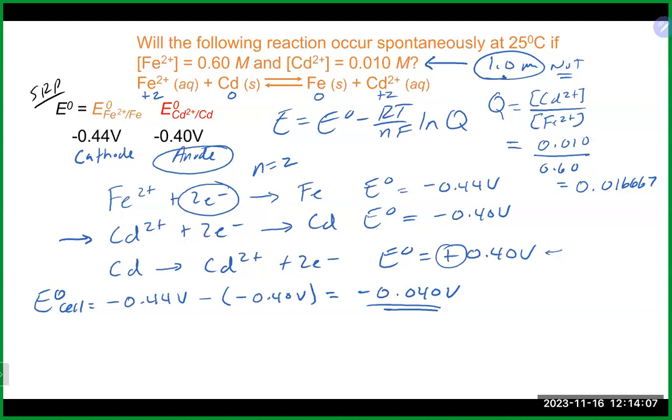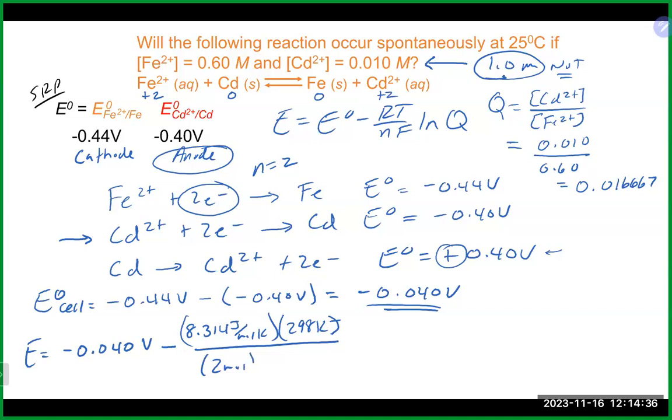So now we've got our Q and we have our E-naught of the cell. So we really now have everything on the right hand side of the equals. So we're going to go minus 0.04 volts minus our R, which is 8.314. Our temperature also needs to be converted to Kelvin, so 298 on the Kelvin conversion, divided by our N, which again is 2, and our constant 96,500 joules per volt per mole, and our natural log of our Q, which is